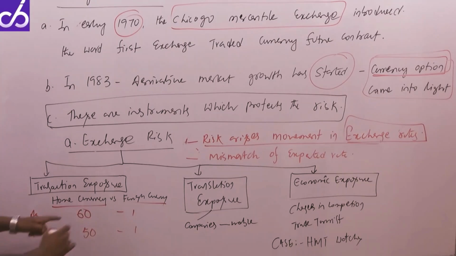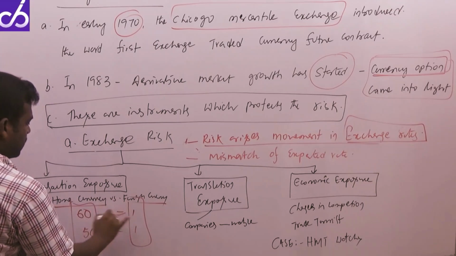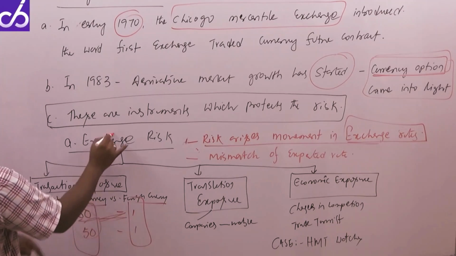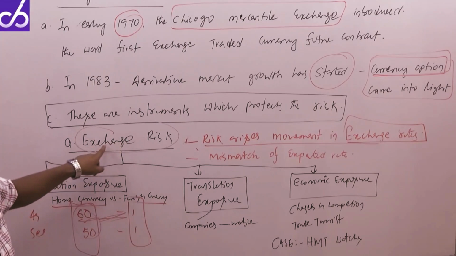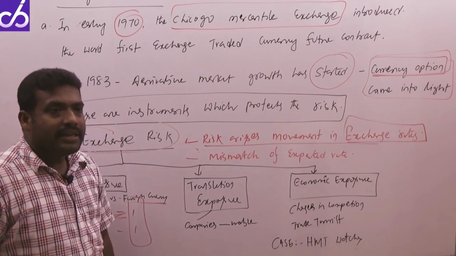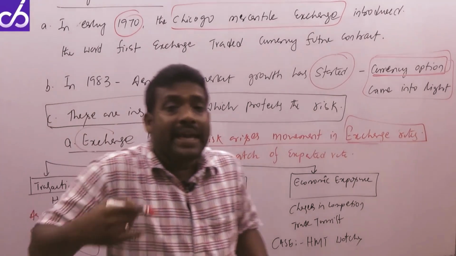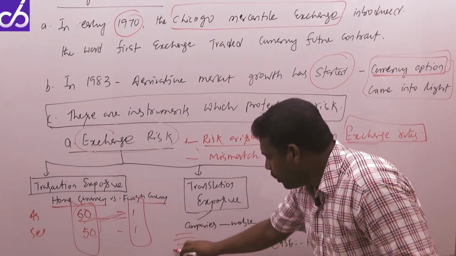In that case, even though both the parties are very good, because of fluctuation in the exchange rate, there is a chance to get risk. That rate is called the exchange rate. Second one, translation risk. Translation risk means because of making these exports,